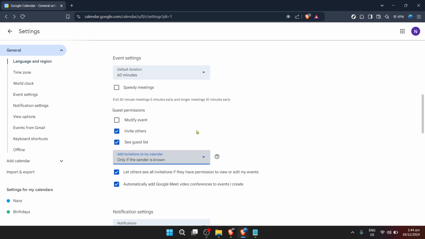Remember, the most effective tool is the one you know how to use. So take a moment, play around with the settings, and see how Google Tasks can fit into your workflow. Whether you're working on a group project, planning an event, or simply managing your daily tasks, keep in mind that collaboration is about more than just sharing tasks. It's about communicating, setting expectations, and working together towards common goals. With these tips, you're well on your way to not just managing your tasks, but excelling in collaborative projects.